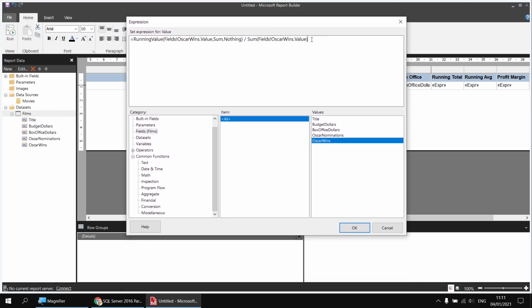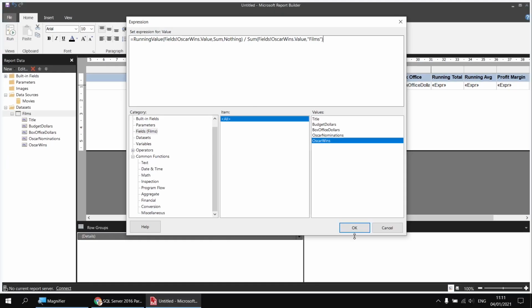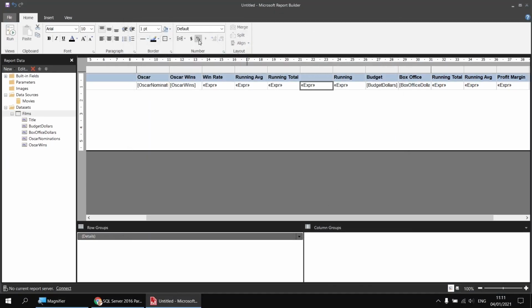So rather than just closing the round brackets there, I'm going to type in a comma and then specify the scope for the film's dataset. So in some double quotes, I can type in the name of films, and then when I've closed the double quotes, I can close the round brackets. So the entire expression should look like so. If I then click OK, I'll apply some basic percentage formatting with a couple of decimal places. I'll add a quick column header, progress to total,